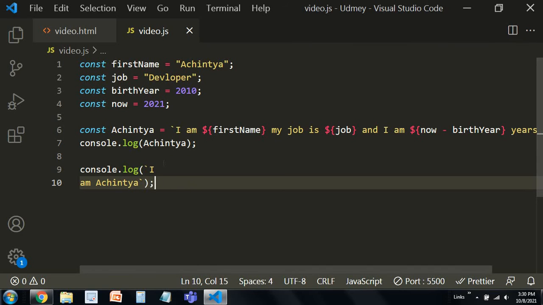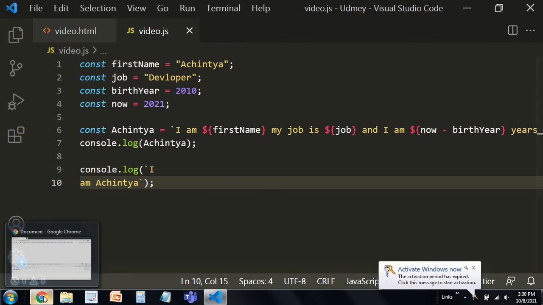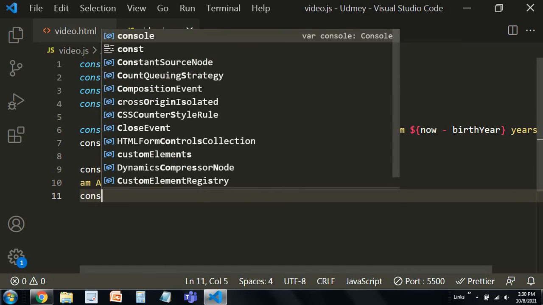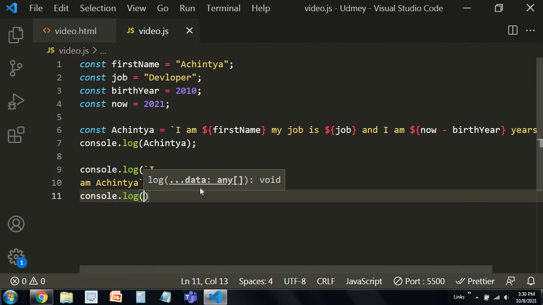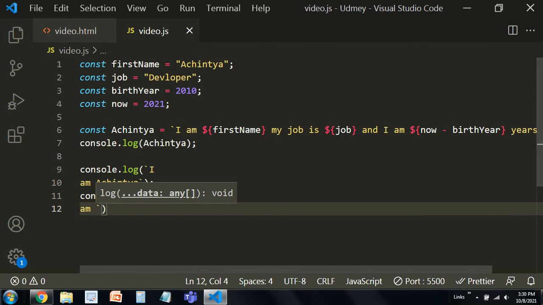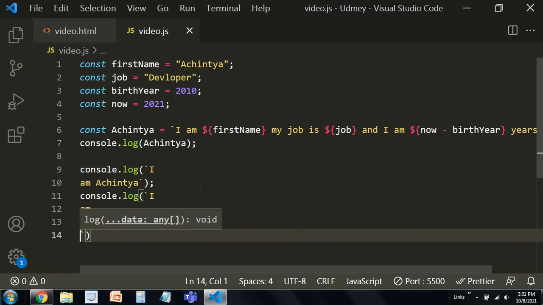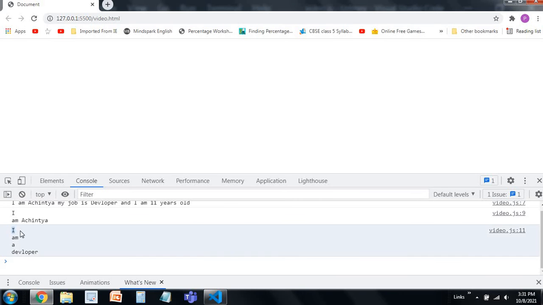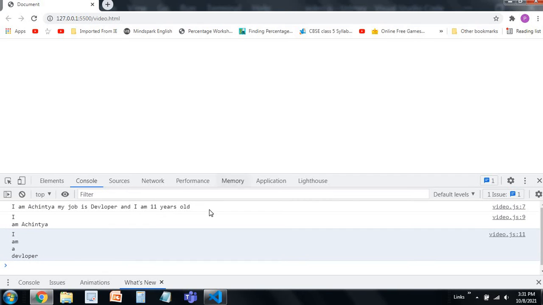You'll see that I is on a different line and am Achintya is on a different line. Similarly, you can write console.log with I, then am, then a developer. You'll see that each part of the sentence is on a different line. So this is the way that template literals can help you.